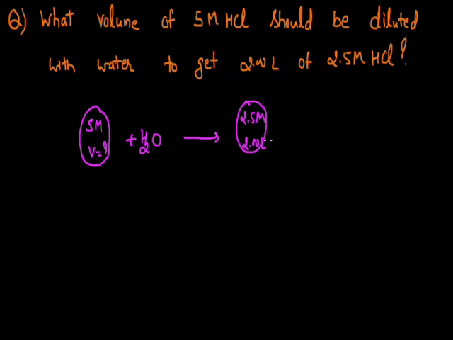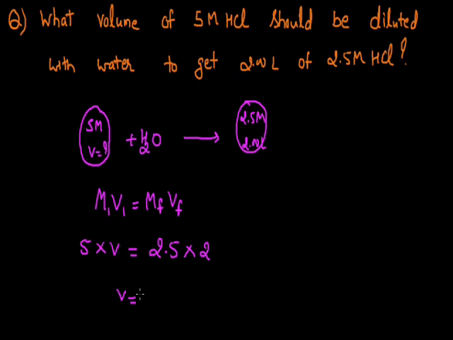Since we are going to add water, we can apply the dilution equation. As we know, the moles present in the initial solution will equal the moles present in the final solution. So MiVi equals MfVf, where the initial molarity is given as 5 M. The initial volume that we are to take is still unknown. We are to calculate this volume, which equals the final molarity, 2.5 M, times the final volume, which is given as 2. So 2.5 multiplied by 2 equals 5, and this cancels with the 5. So the volume of solution will come as 1 liter.